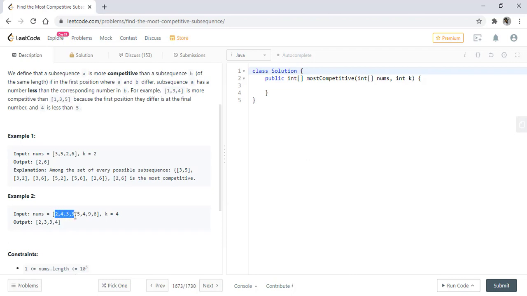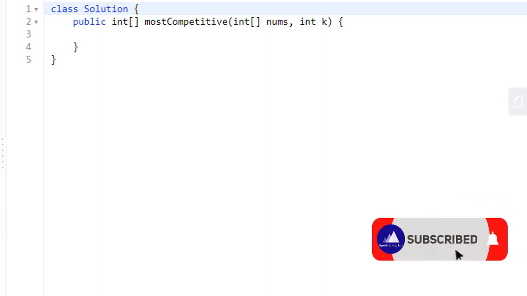So there should be a place where we store all the 4 values, and then when we have another value, 5 in this case, we need to check how the subsequence will change, because if there are only 5 values, the result will be 2, 3, 3, 5. We know that in problems like these, where we need to build the output with each input element, we use a stack, as it gives us access to the top element and we can compare those values and build our logic around that. So let's start implementing it using a stack and we'll discuss it line by line.